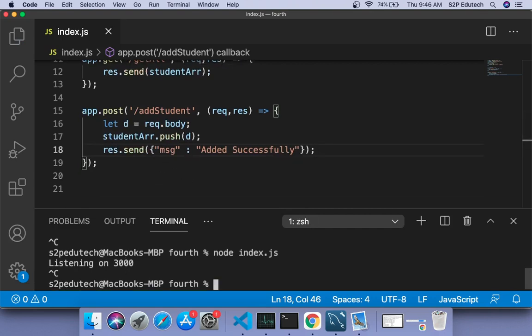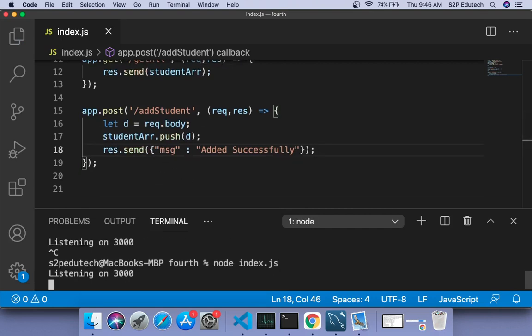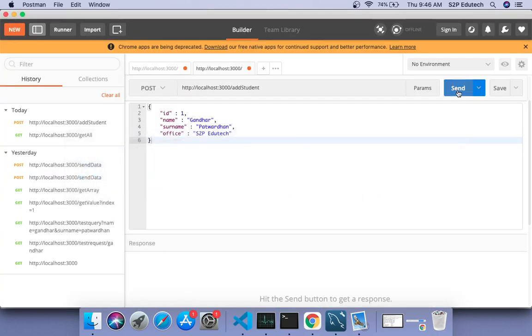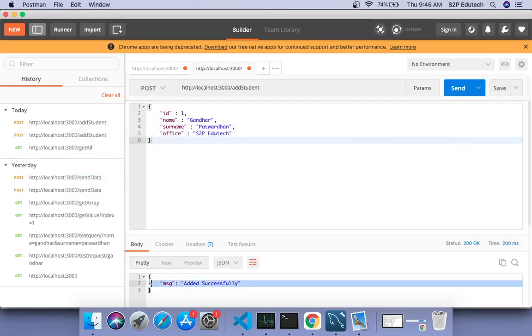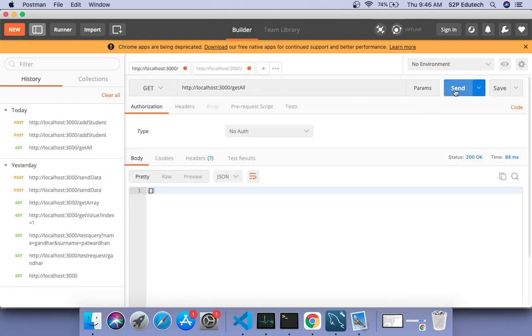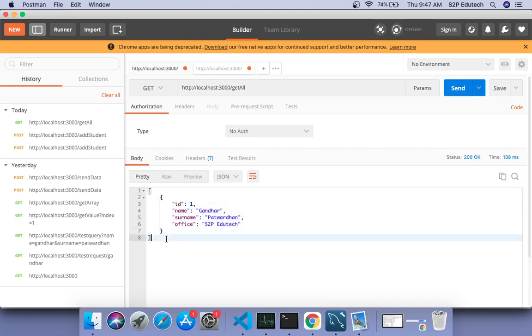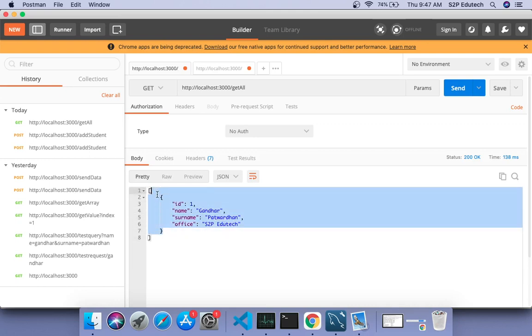I'll restart this. Now if I click on send here, I should get message added successfully. And if I do a get request now, I should get that data. So what I got is an array, right? And inside that array, I got the data which I pushed,